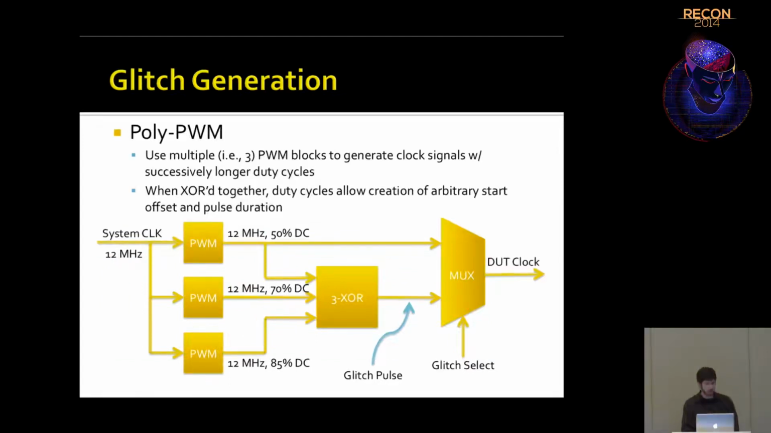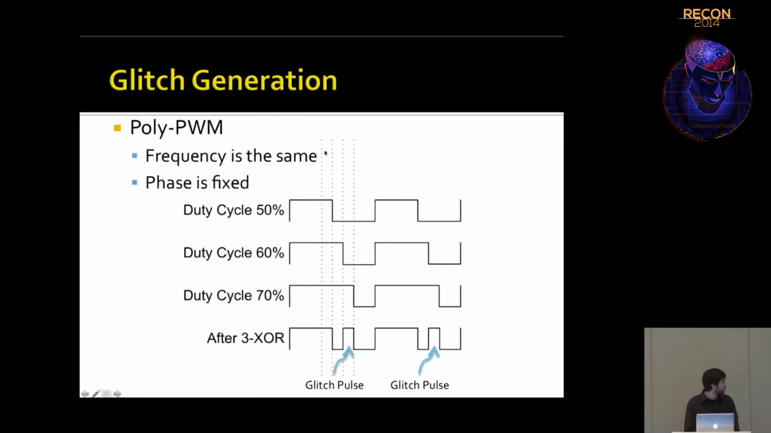Third method is what I call poly PWM, where it's just multiple pulse width modulation signals. Each PWM signal, one after another, has successively longer and longer duty cycles. So 50% duty cycle, 70%, 85, but they're all 12 megahertz frequency. It's just the widths are longer at that 12 megahertz. Feed them all into an XOR, and what you'll get is a small glitch pulse that you can again toggle between your nominal clock and your glitch clock, and it looks a little something like this,